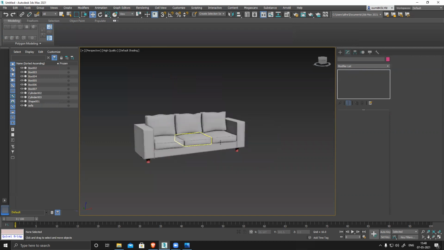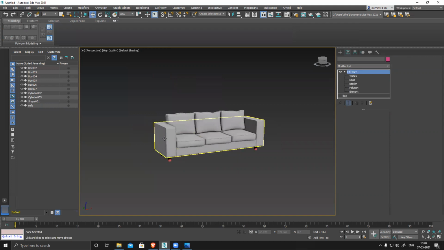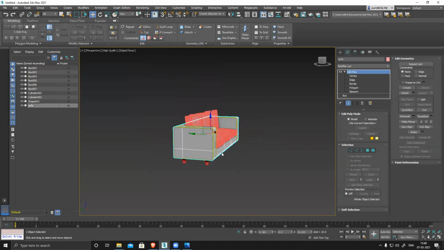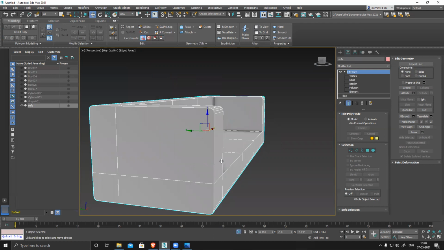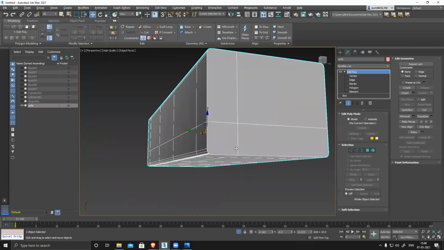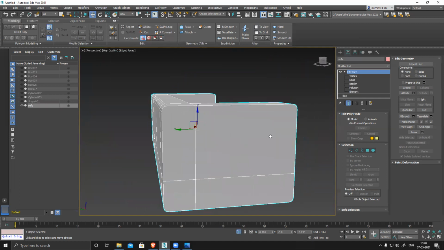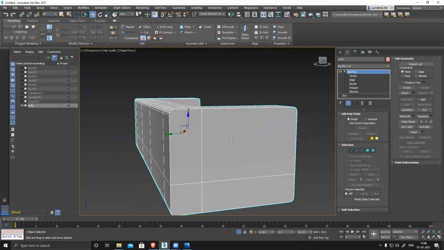Most of the things are accurate and correct, no issue. Only and only this surface has an issue. So isolate this one. Now I can clearly see this section has an issue. So how will you fix it?